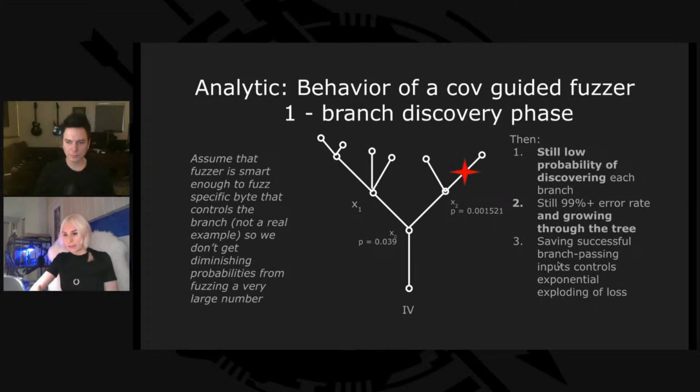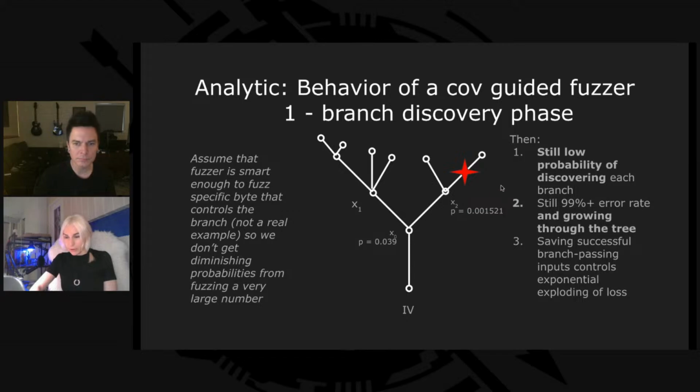Another thing that I see here is that there is still a 99% error rate, which is growing, which means that even if you're running a smart coverage-guided fuzzer, your fuzzer still runs those empty cycles 99% of the time. And it still has a low probability of discovering the next branch.